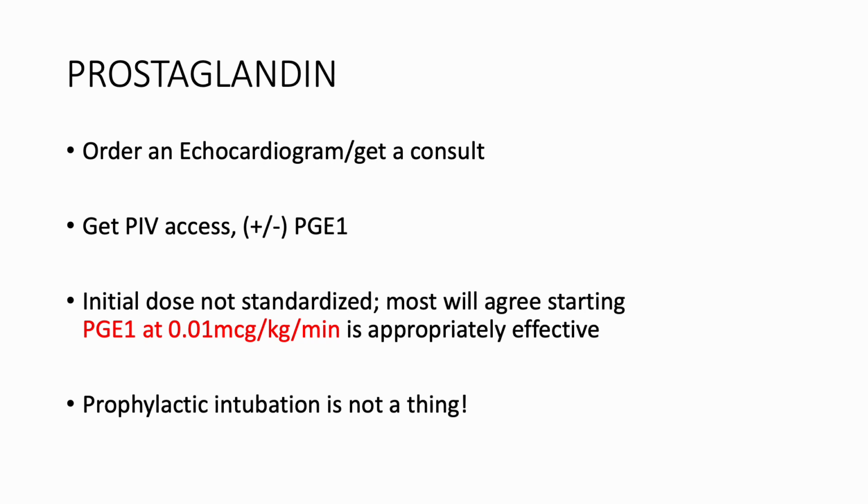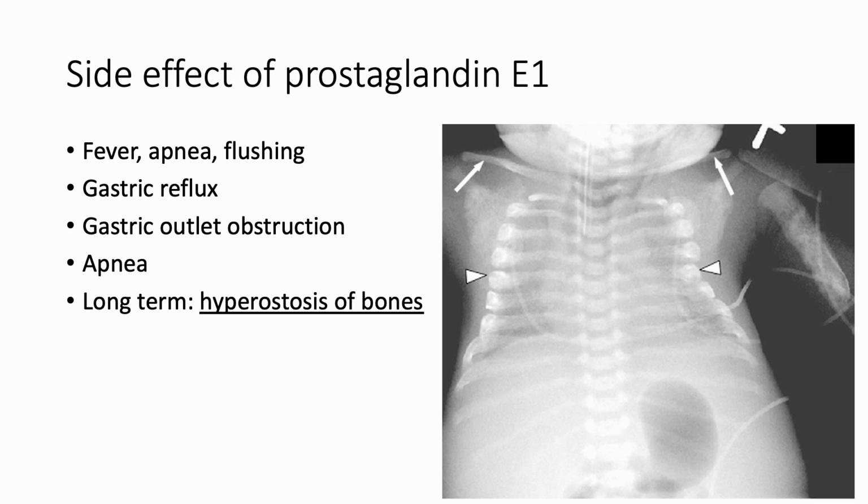So get IV access, get a dose of prostaglandin in. The initial dose is not standardized, but most will agree that starting prostaglandin E1 at 0.01 microgram per kilo per minute is appropriately effective. One of the things my neonatology colleagues have taught me is that prophylactic intubation is not a thing. So get your prostaglandins in order, get your echocardiogram, and before I move on to the echocardiogram,